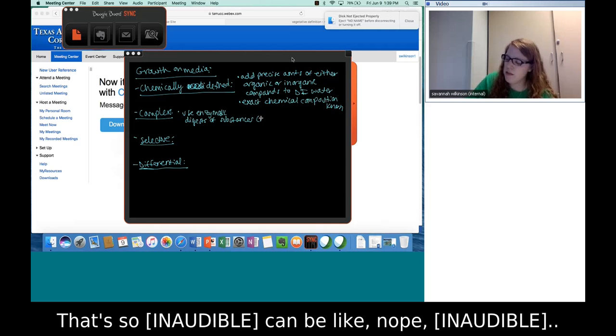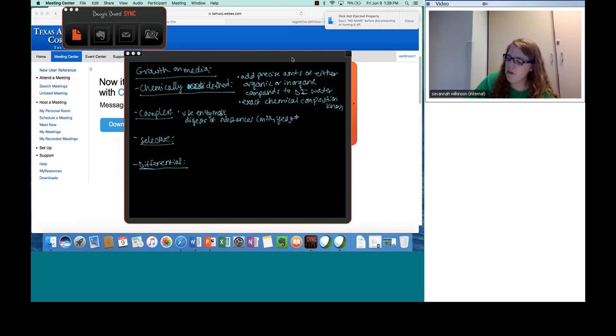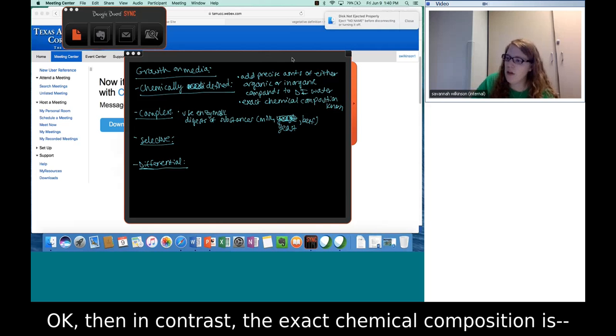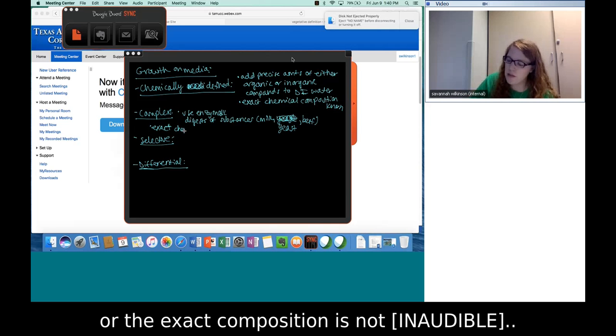Those substances can be like milk, yeast, or beef. Okay, and then in contrast, the exact chemical composition is, or the exact composition